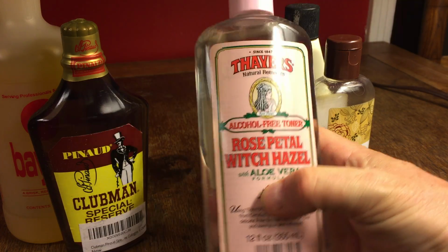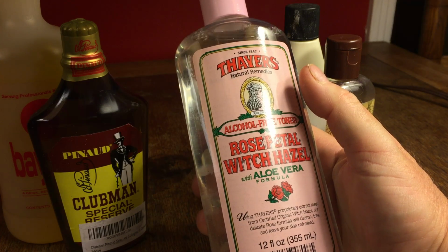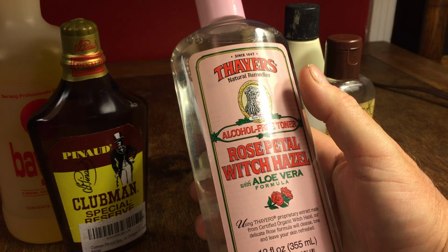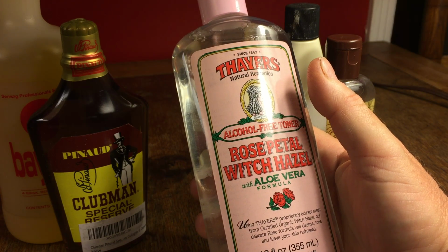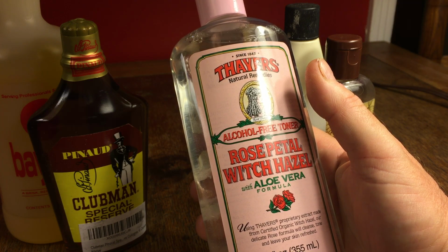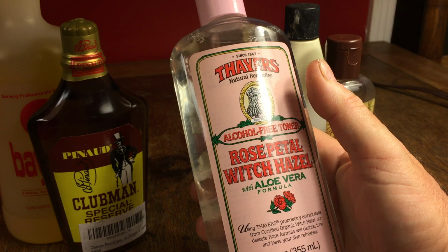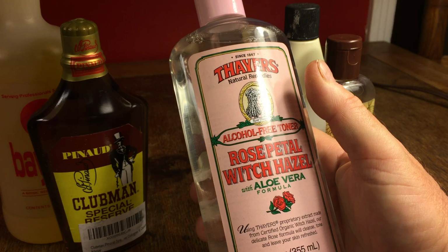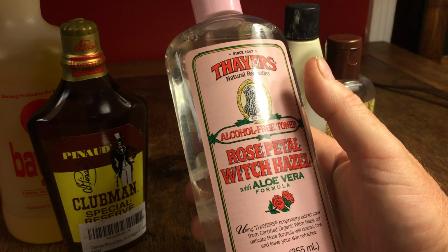This has been around for ages. This is the Thayer's Rose Petal Witch Hazel with Aloe Vera, and they've been making this since 1847. This is really nice because it's alcohol free. It really is a great way to refresh your skin, rehydrate your skin with the aloe vera. The rose petal and water mixed in with the witch hazel, which is a natural plant extract, does a really good job. This is a very old school aftershave,